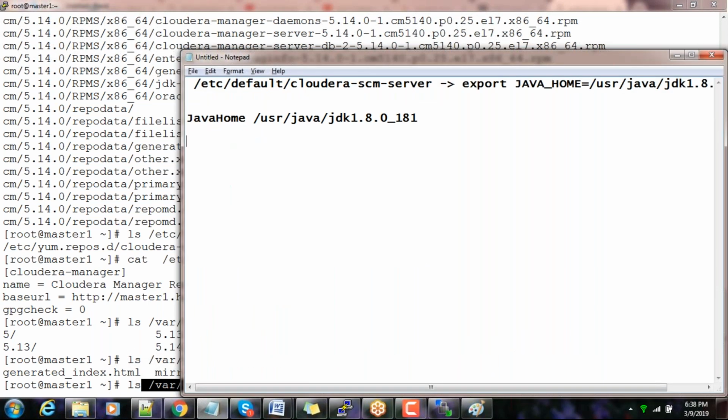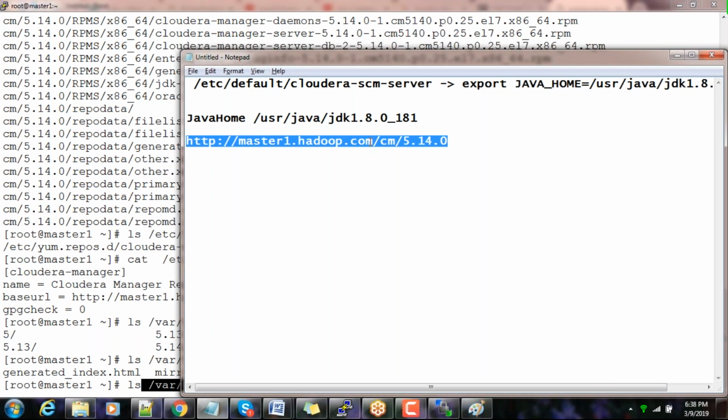The only thing is you just need http://server name, master1.hadoop.com, then slash the remaining. Remaining in the sense we don't need this /var/www/html, because that is the default root directory for HTTP. So if you are in your local network, if you just use this from anywhere,